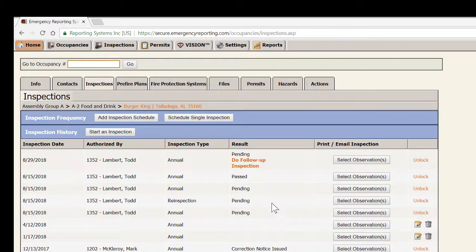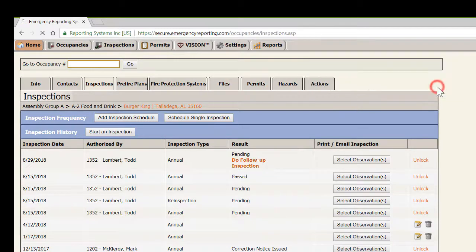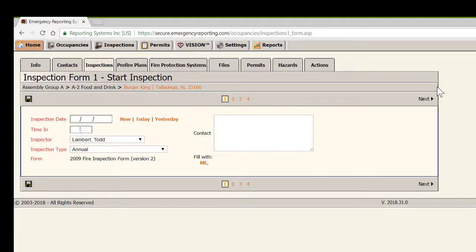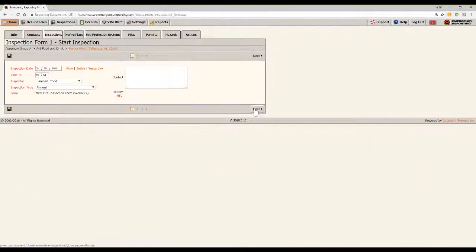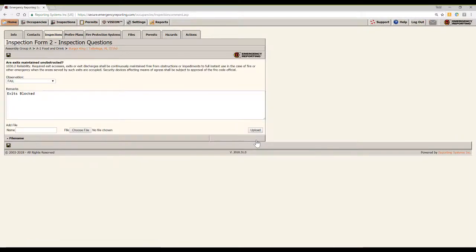If we click on this link, it will ask us if we want to start a new inspection, and we can complete our re-inspection. When clicking this link, you will notice that it starts the new inspection with the same inspection type and the same inspection form that was used for the previous inspection. You will also notice that it brings all the previous inspection results into the inspection form. This allows you to re-inspect the item or items that were marked needing follow-up without having to re-complete the entire